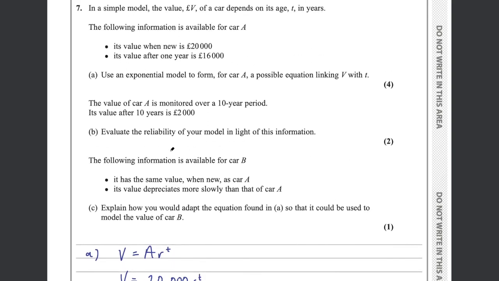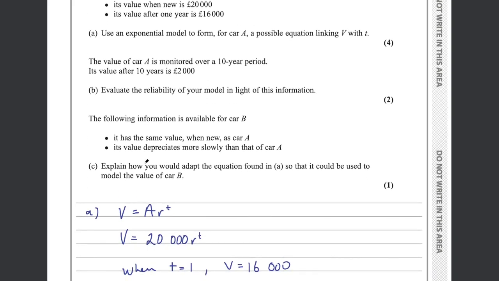For part B. Part C says the following information is available for car B. It has the same value when new as car A. Its value depreciates more slowly than that of car A. Explain how you would adapt the equation found in A so that it could be used to model the value of car B. So if it's depreciating more slowly, well,